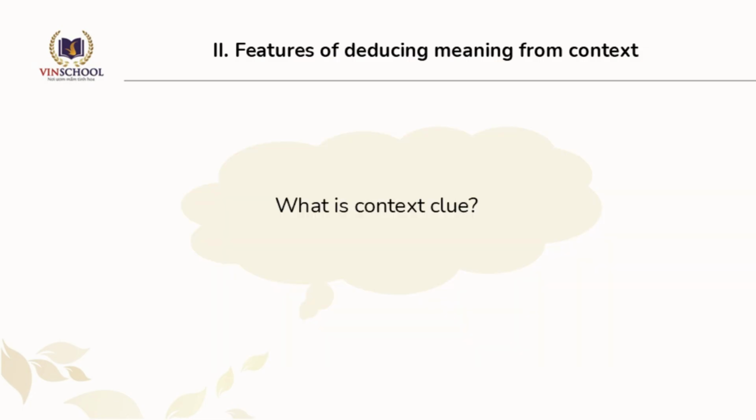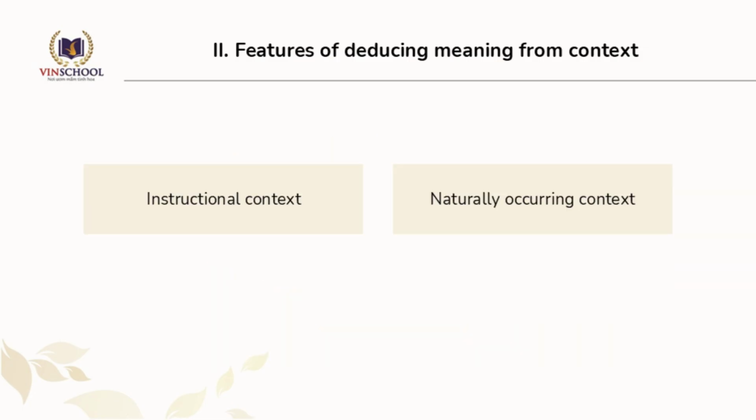So what is a contextual clue? To answer this, let's first explore the term context. According to Beck, 2002, when we talk about deducing meaning from context, we identify two main types: instructional contexts and naturally occurring contexts. Instructional contexts are deliberately created to provide strong clues to a word's meaning, helping learners grasp new